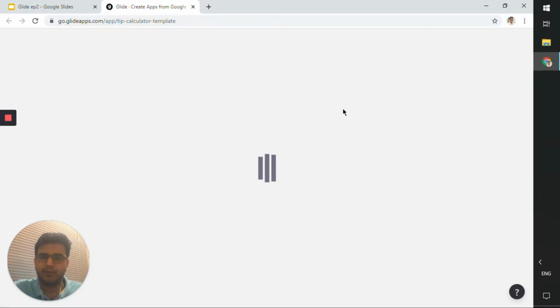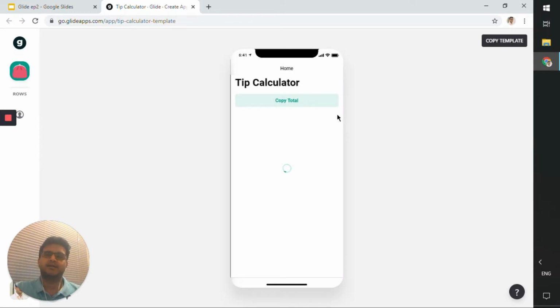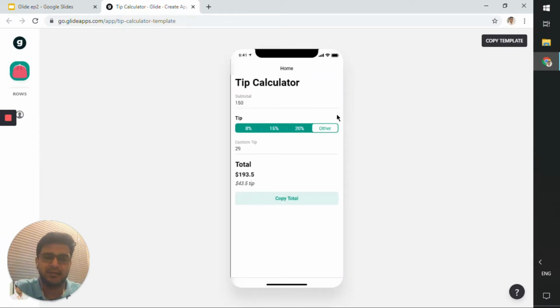which will open up the tip calculator. First let's look at what the app does. It's not very surprising, since the name is tip calculator. Essentially you can enter the total amount of a bill. For example, if you have gone to a restaurant, or you're paying any other amount, you can choose from one of the